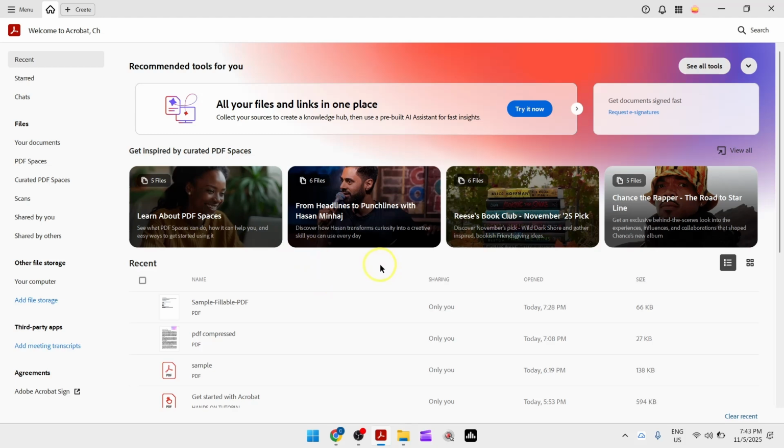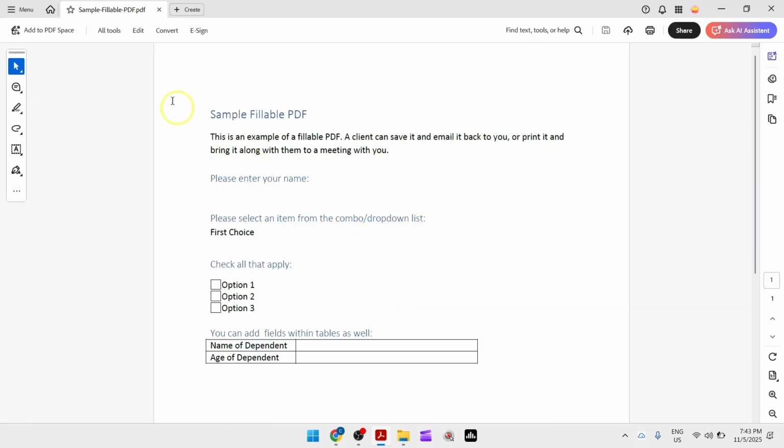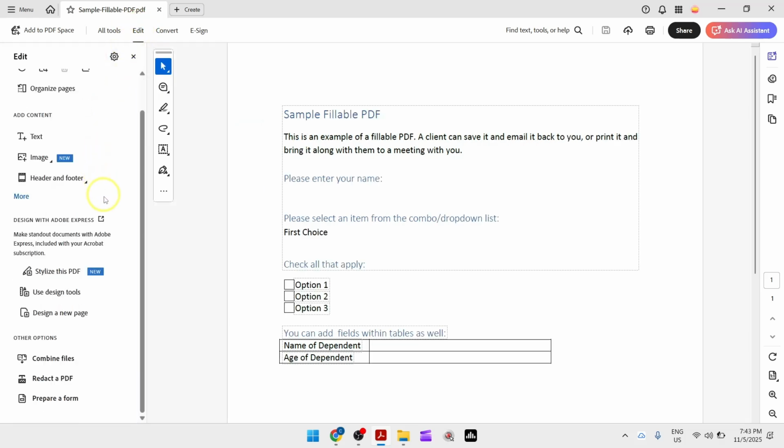So for today's video, I'm going to teach you how to create a blank signature field on your PDF fillable form. So first, head over and launch Adobe Acrobat Pro, then head over and open up your PDF fillable form file. Next, at the top corner of your screen, click on Edit, then scroll down, then click on Prepare a